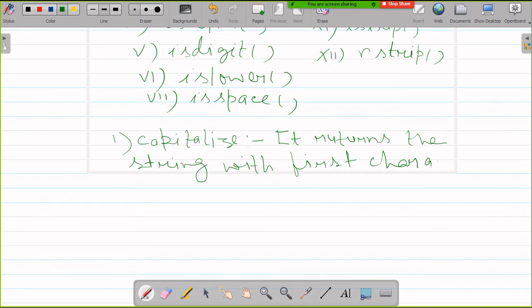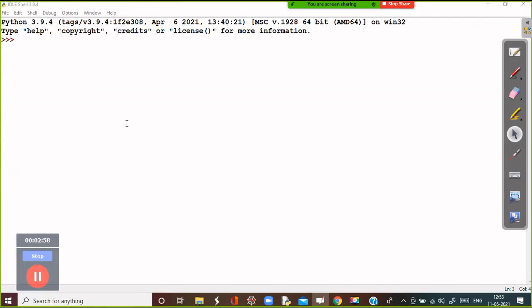You can write these things down, or you can take a screenshot. So now we'll check it in a practical.